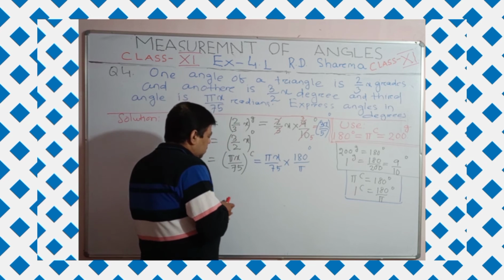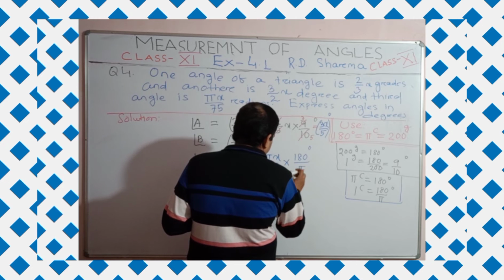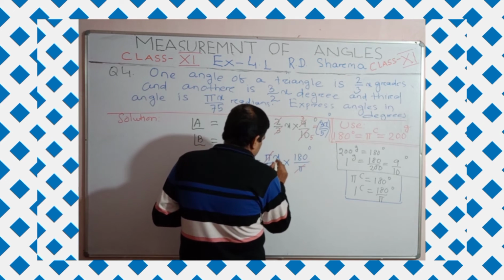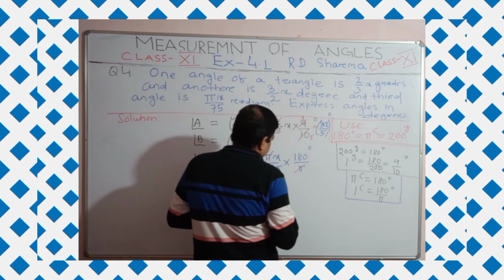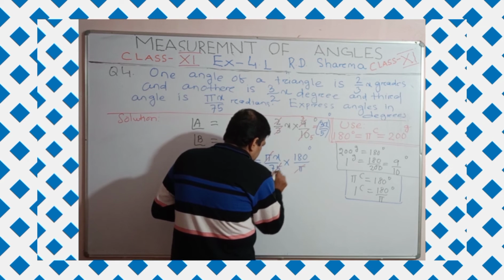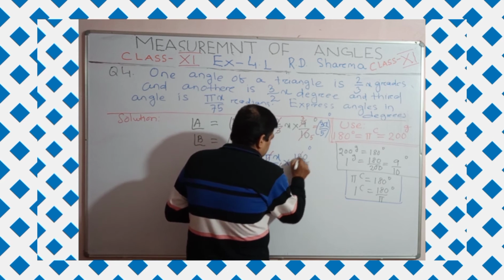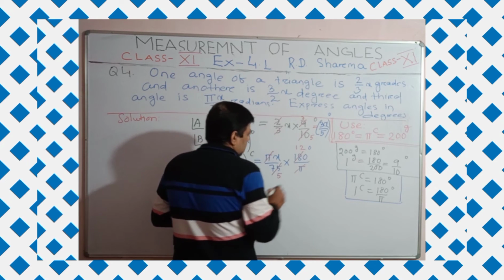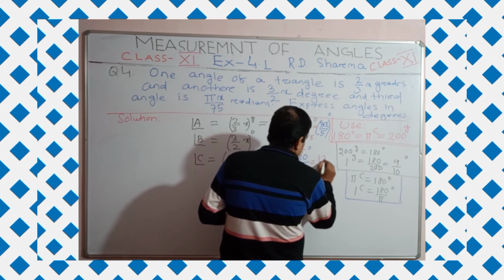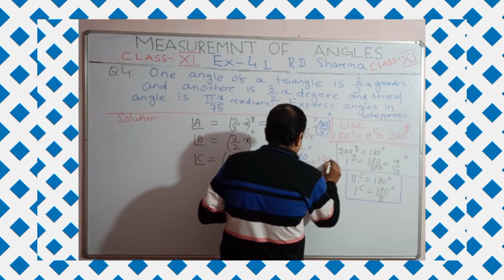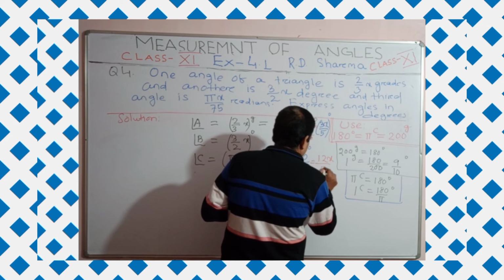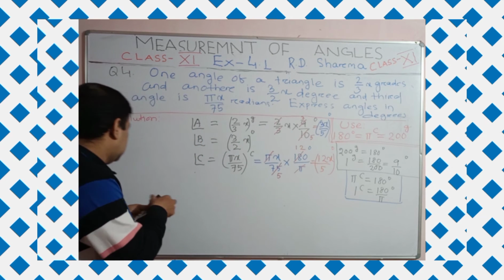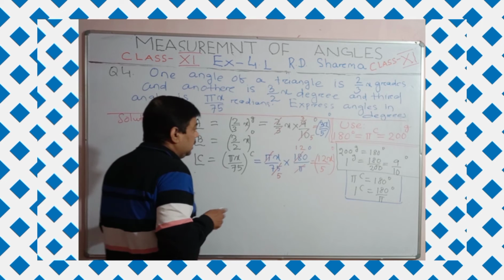Okay. So after you see now, here pi will be cancelled. Yes or no? And you cancel here also. Can you cancel 15? 15 times 5 is 75. Here 15 times 1 is 15. 15 times 2 is 30. So it is 12x. Here 12, here x. 12x by 5 degree. Okay? Understand? Here we get angle A.